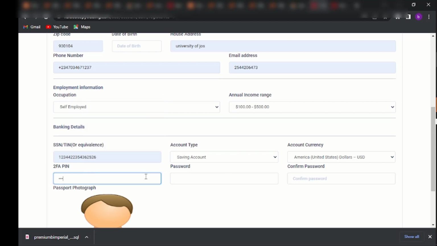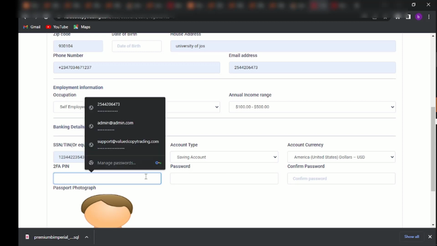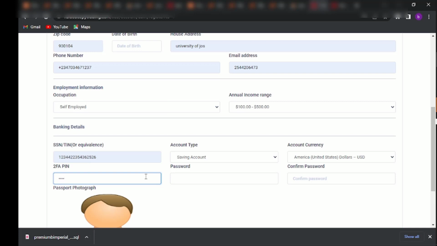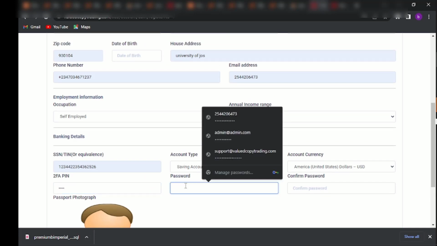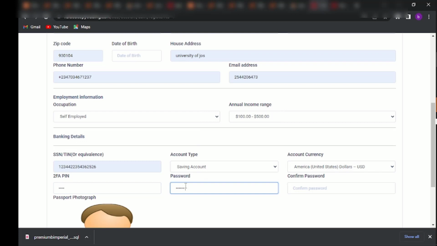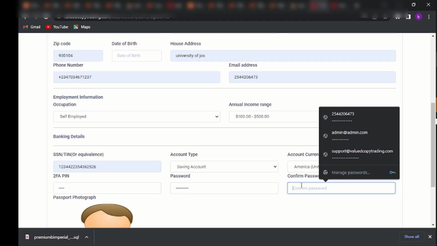We just pick 1 2 3 4 5, 1 2 3 4, right? So we're going to pick a password, we'll use one. So that's our password,